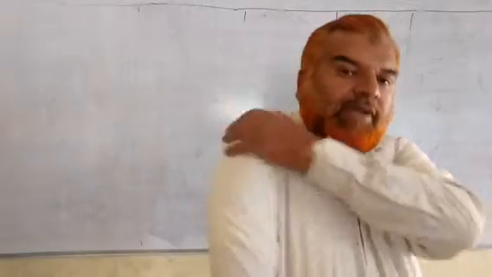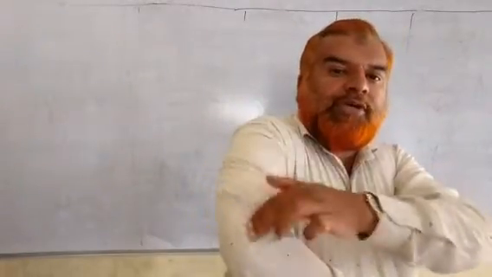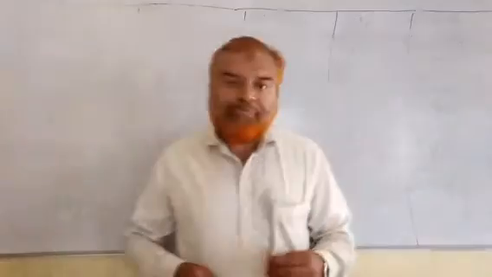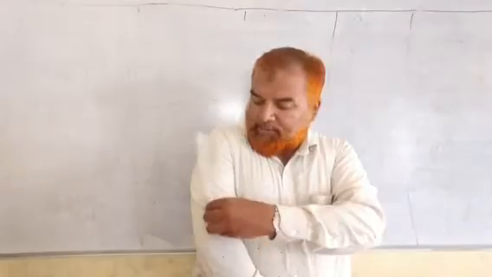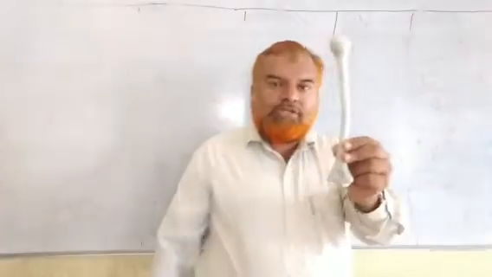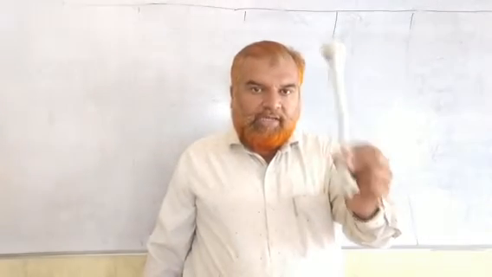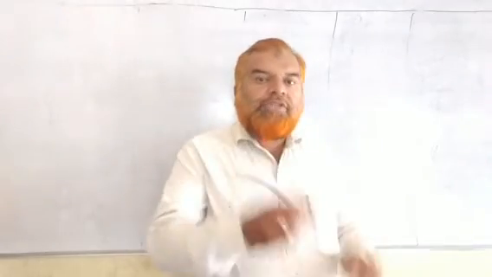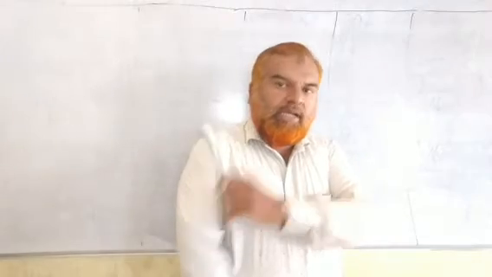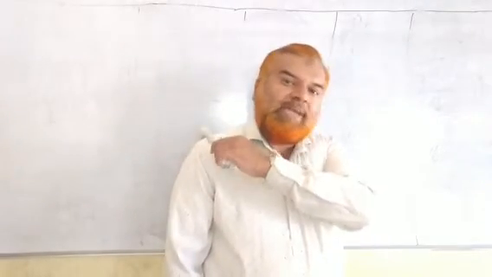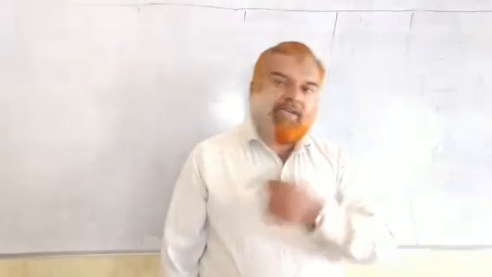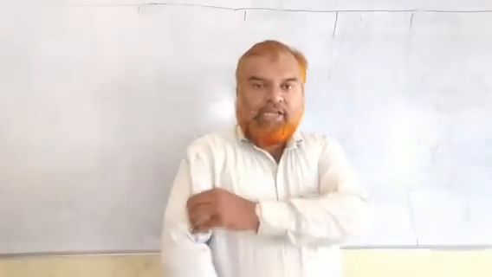After this is the shoulder, what we call the scapula, the shoulder bone. From here to here, this bone is known as the humerus. What is this bone known as? This bone is known as the humerus. This bone is the shoulder bone, scapula. This is the clavicle, collarbone. Now this is known as the humerus.